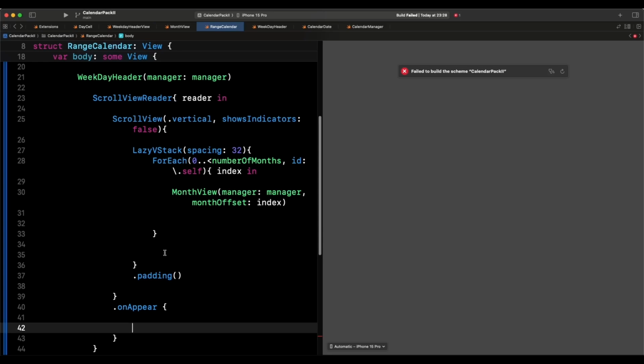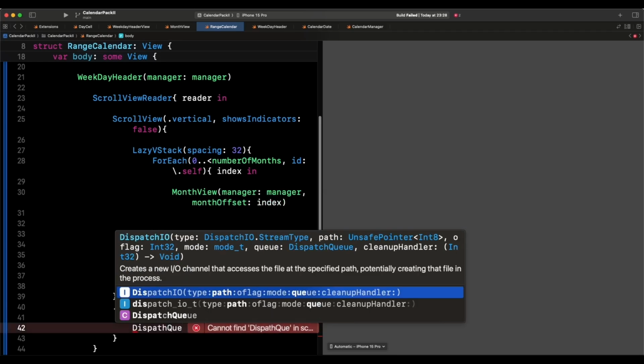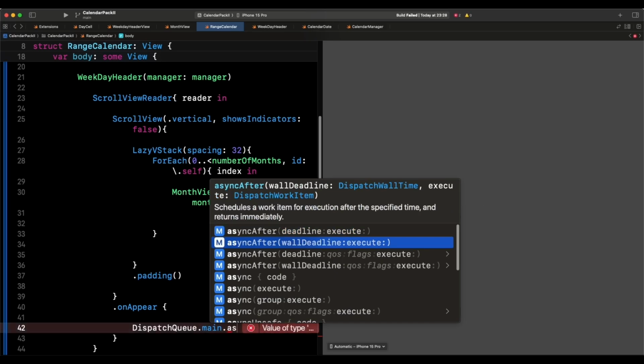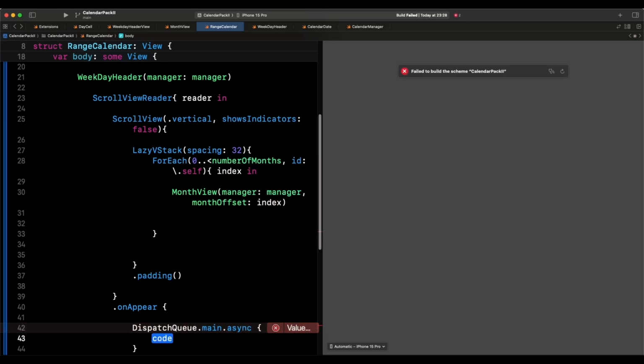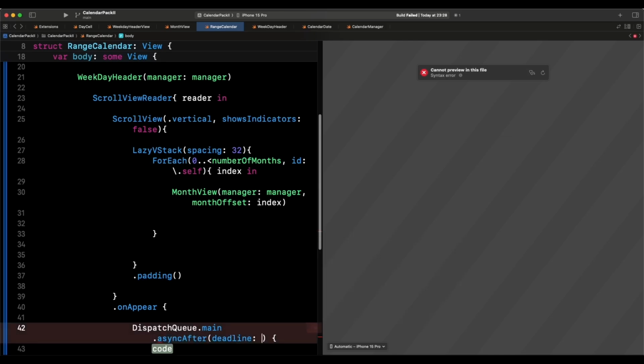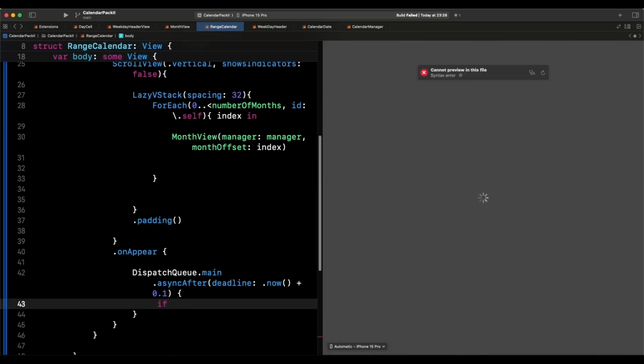What you're going to do is just say dispatch queue, like so, dot main dot async after, and maybe say the deadline in question is going to be dot now, and to it we add 0.1 seconds, and after that we check if, come here and we say if date is going to be